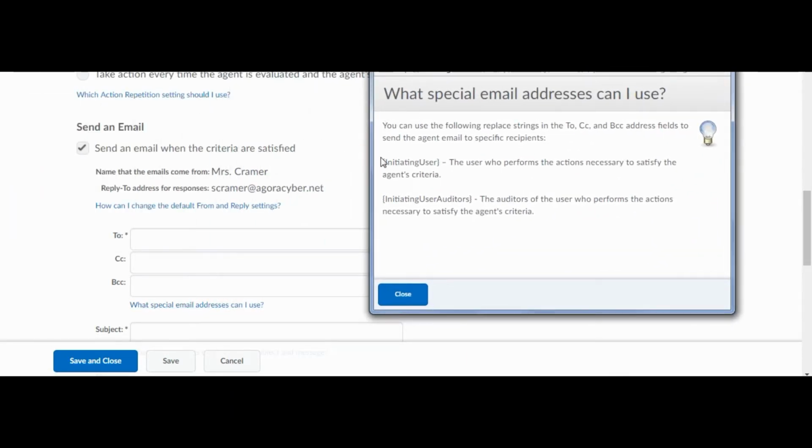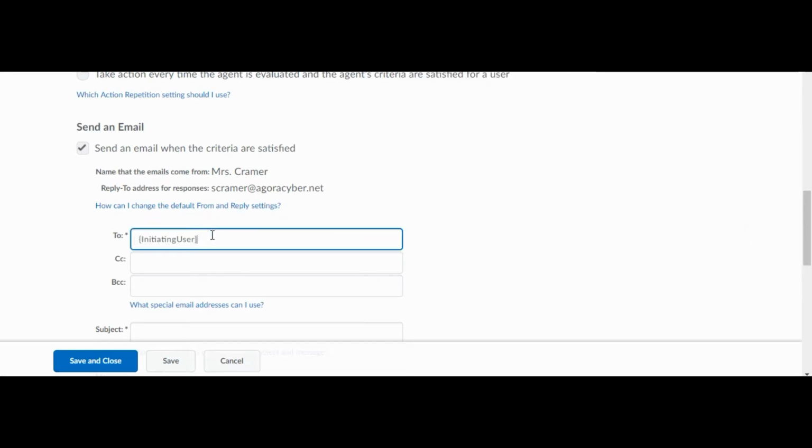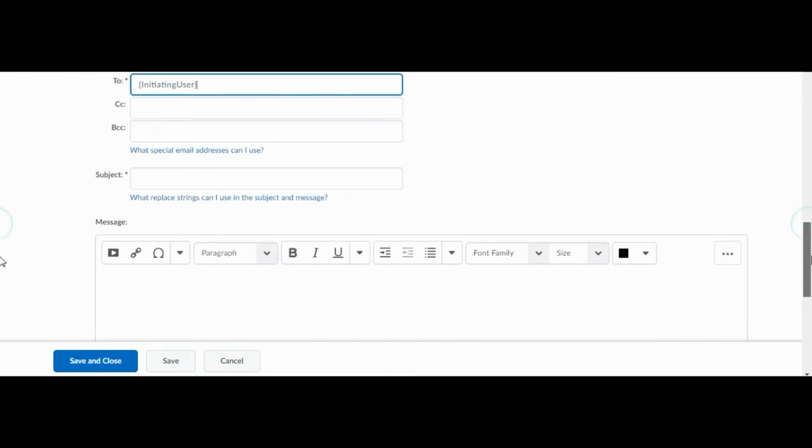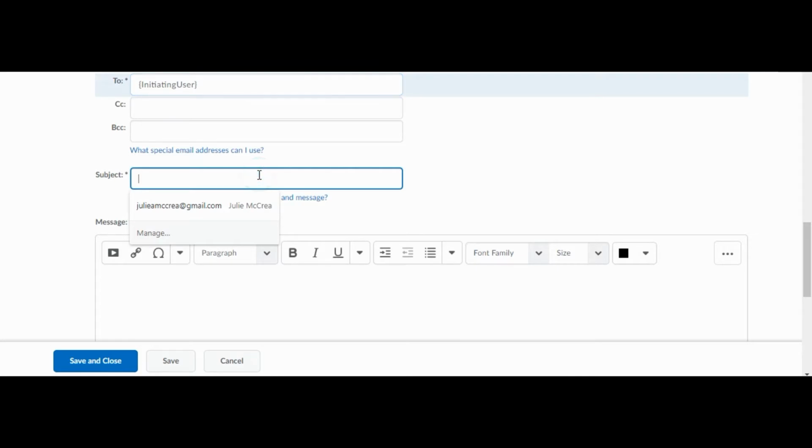We want to make sure that we put these special parentheses here around user, initiating user. So I'm just going to copy and paste that into here. What this will do is it's going to search through your gradebook, and it's going to tell the agent that this person has a 0, so I'm going to send it to them. Then you'll add in a subject, and I'm going to put in, you are missing